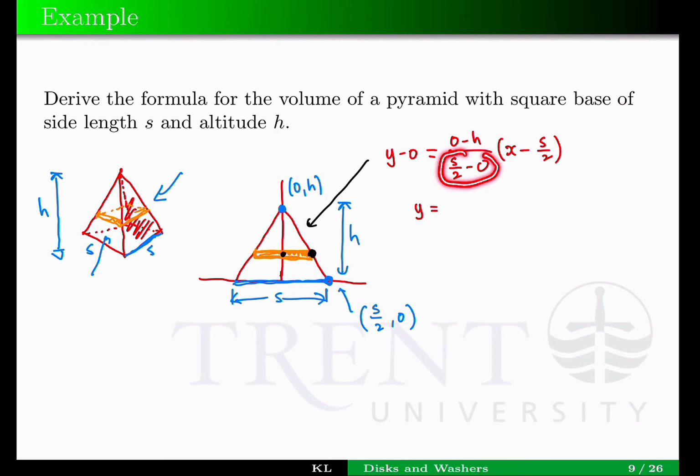And here in the denominator, we have s over 2. So we can write this as negative 2h over s times x minus s over 2. The equation of this line segment is given by this